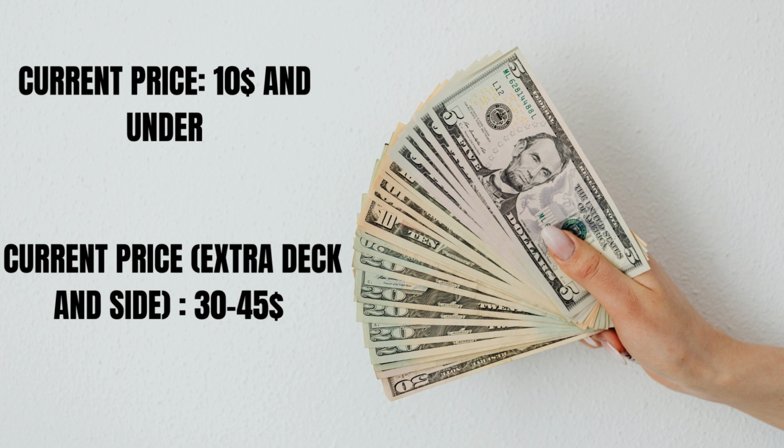This is also if you just want to buy the singles. They have commons, they have super rares, ultras, secrets. They have the whole shebang when it comes to having these cards. So if you just want to do the bare bones budget with commons, you're not going to go wrong. And the current price with the extra deck and the side, depending on your variant, I'm having $30 to $45. That's not an unreasonable